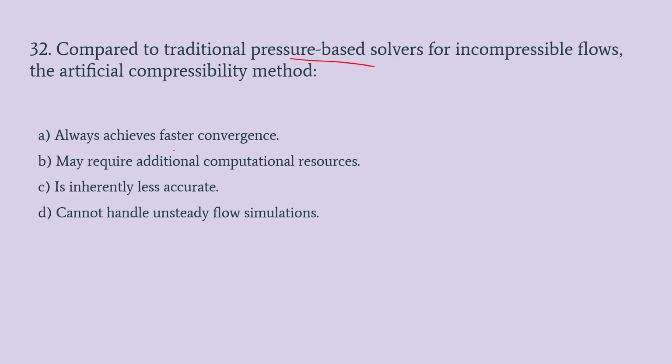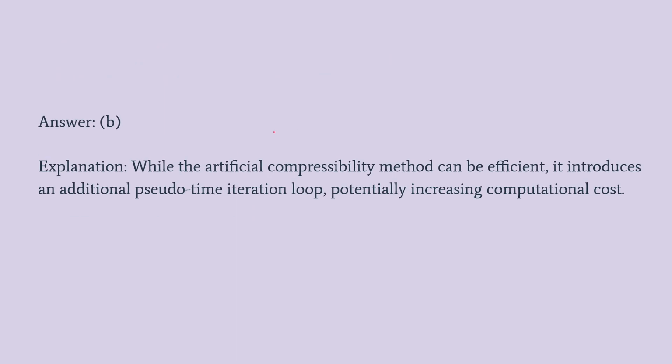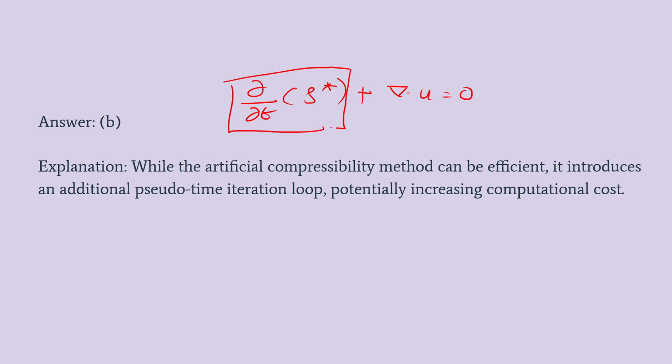No, it's not option C. It's option B. It may require additional computational resources. So the modified equation is ∂/∂t of ρ* plus del dot u is equal to 0. I am repeatedly writing this. This is a fictitious, added term in the system which is not there originally, and this additional term is to be time marched